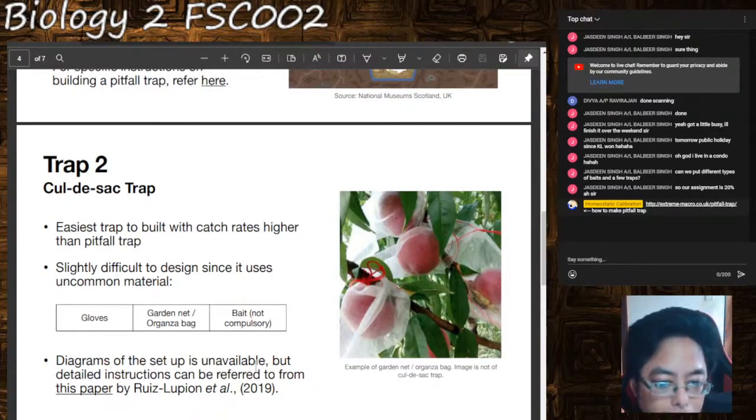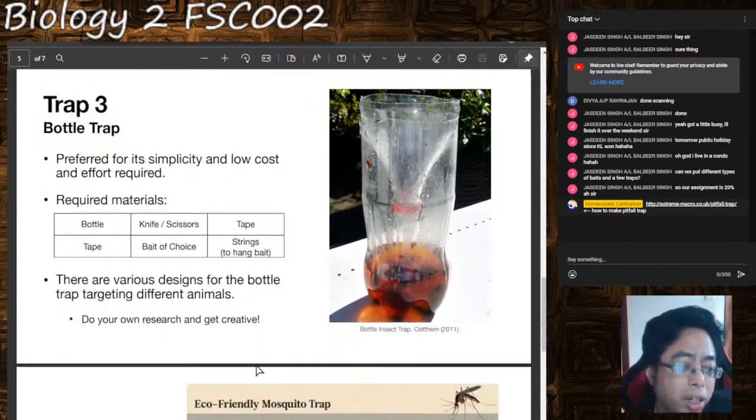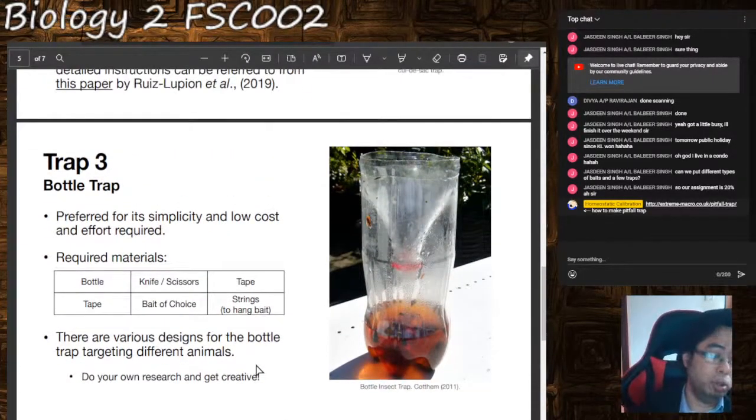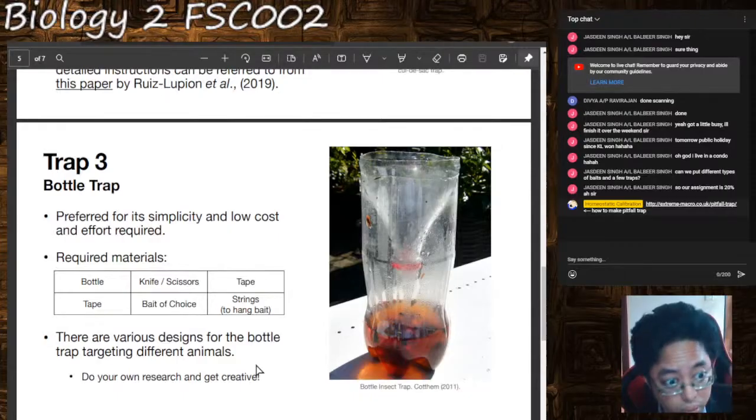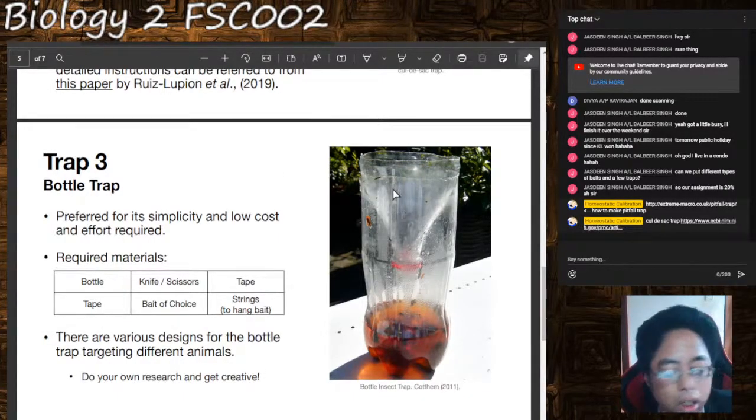And then the third one is the easiest one. This one I've been doing for many years. For semester 2 students, they like to do this. Very simple, very low cost. They just buy a bottle, cut the bottle in half, and then reattach the bottle, but with the top portion